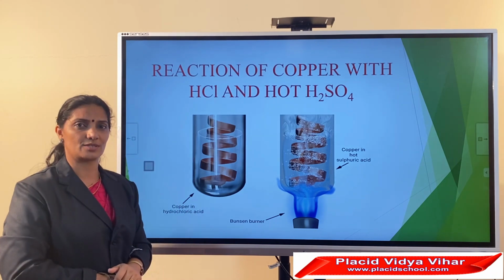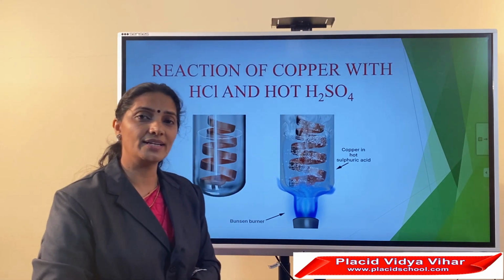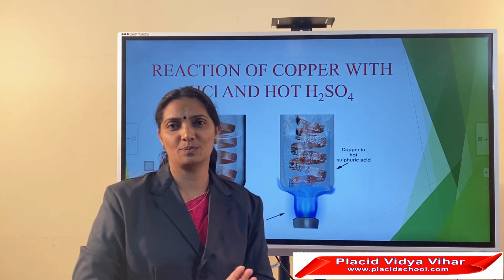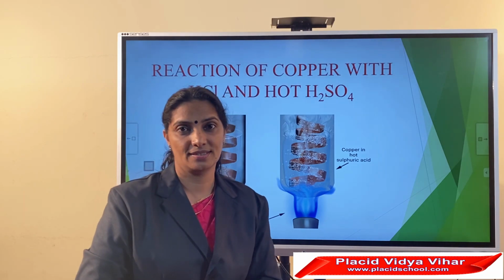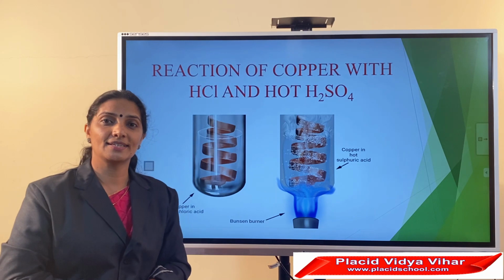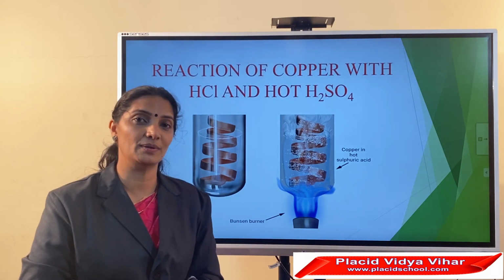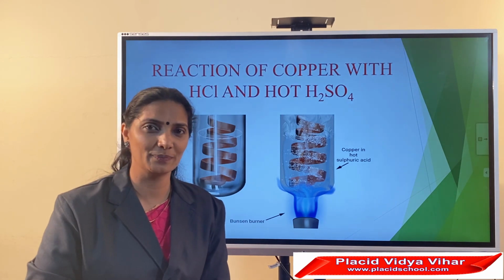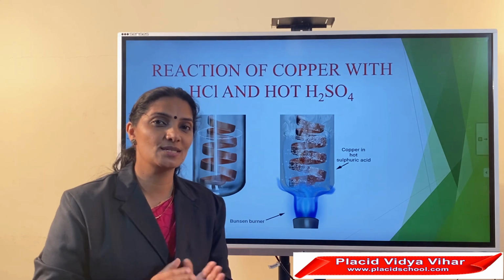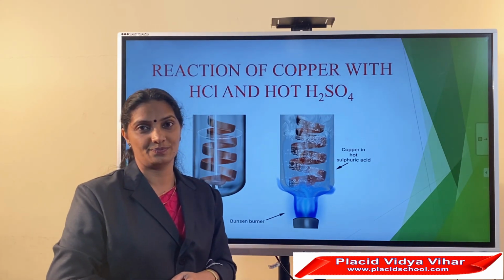Then there is a question. How can we say in all these cases hydrogen gas is produced? Can we see it? Not possible. It's a colorless gas, so we cannot see hydrogen gas. Then how can we say there is hydrogen? You have learned a confirmatory test for carbon dioxide in 7th standard. Do you remember that? A lime water test? Yes. Similarly, we have a confirmatory test for hydrogen also.